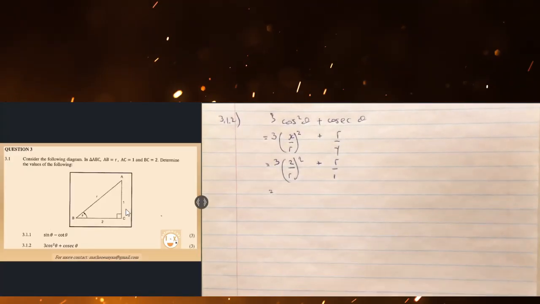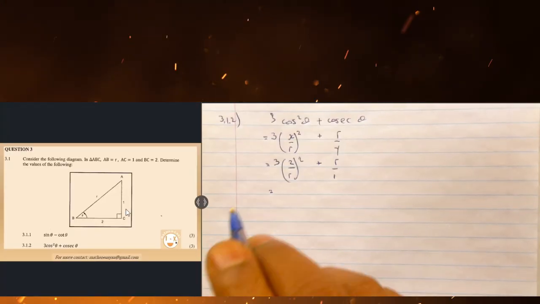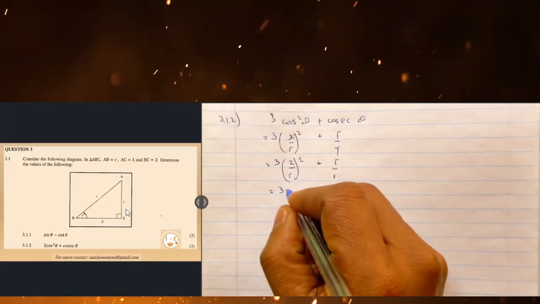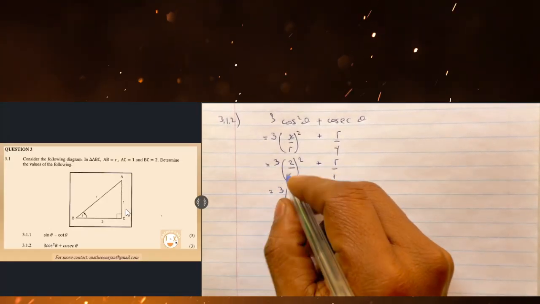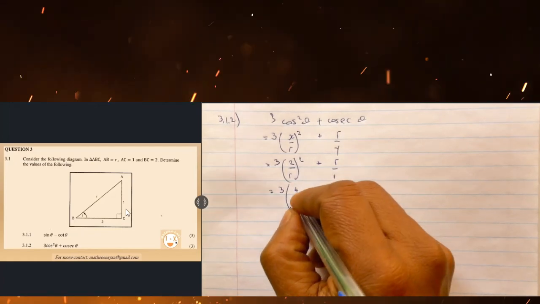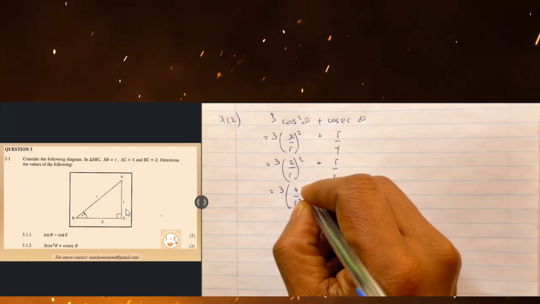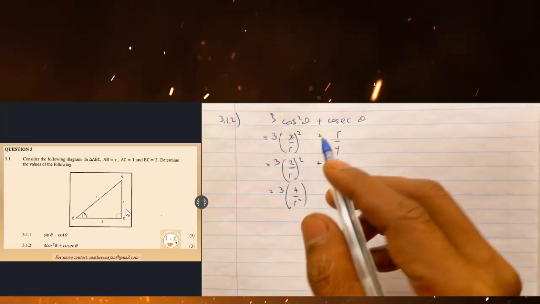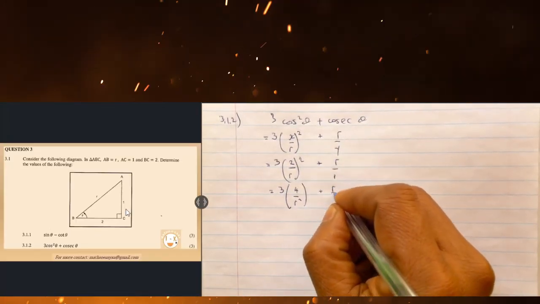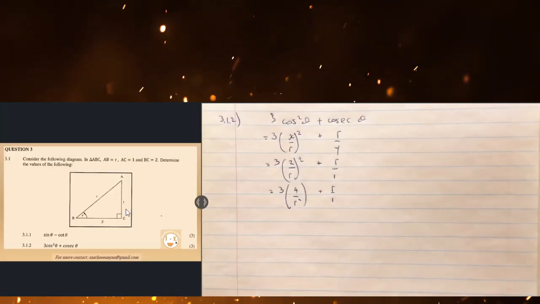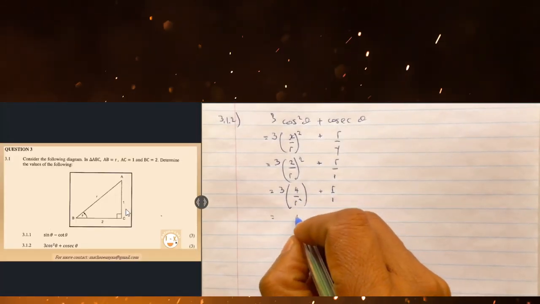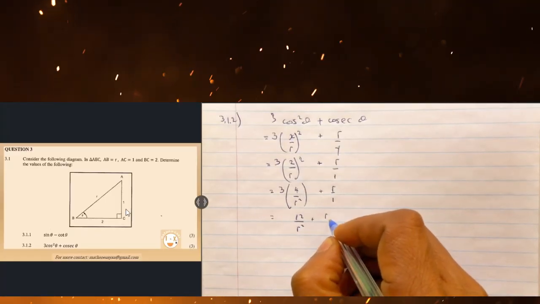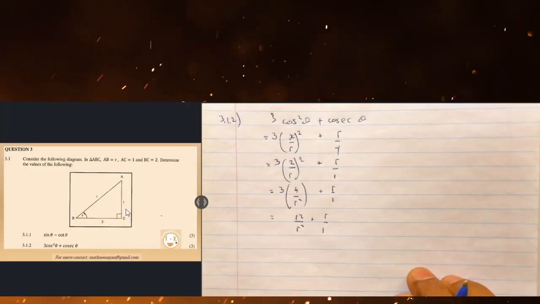Simplification. So I'm thinking about this 3. I'm going to address it when we do some reflection, because I am observing that some learners could actually be tricked there. So 2 squared r squared plus r over 1. All right, then what do we have now? We have 12 over r squared plus r over 1, and our